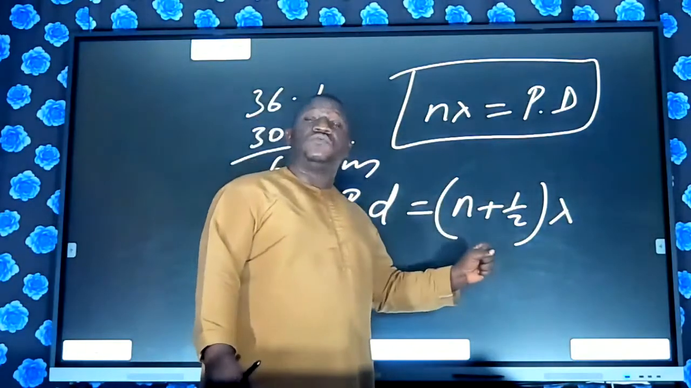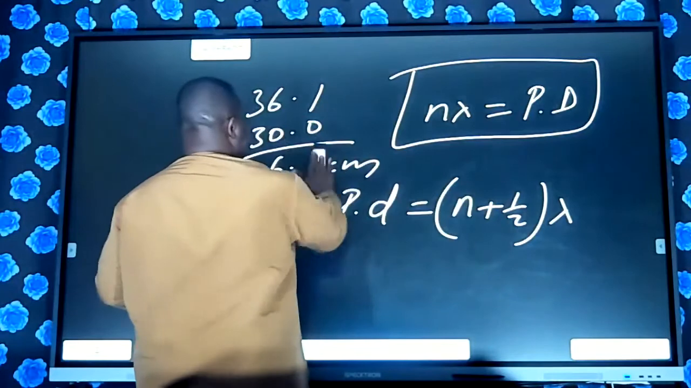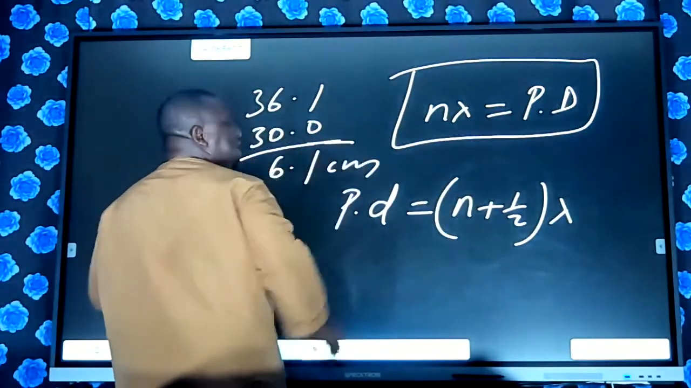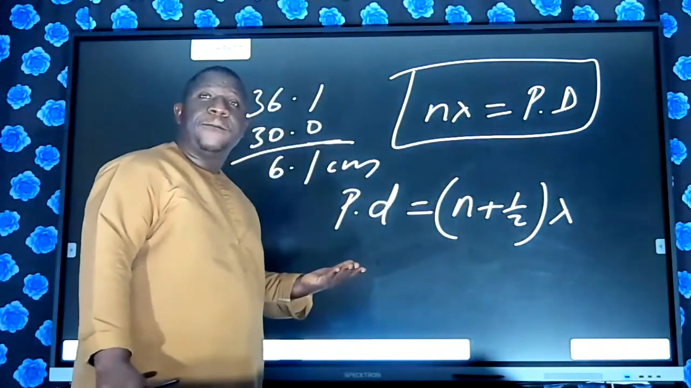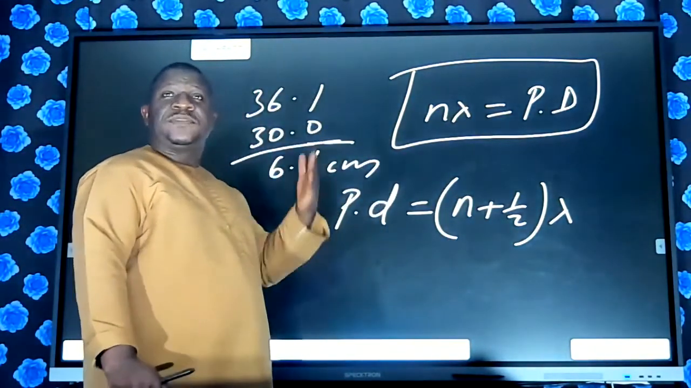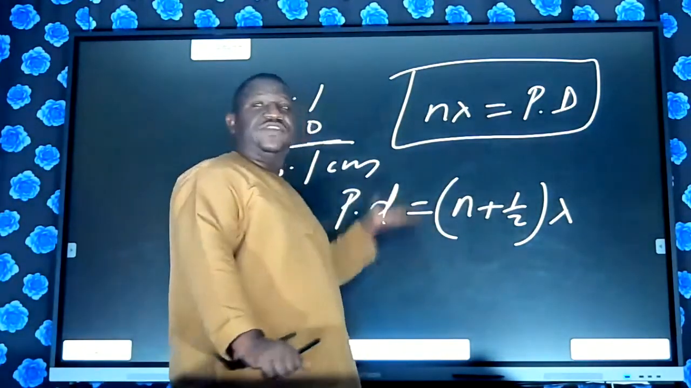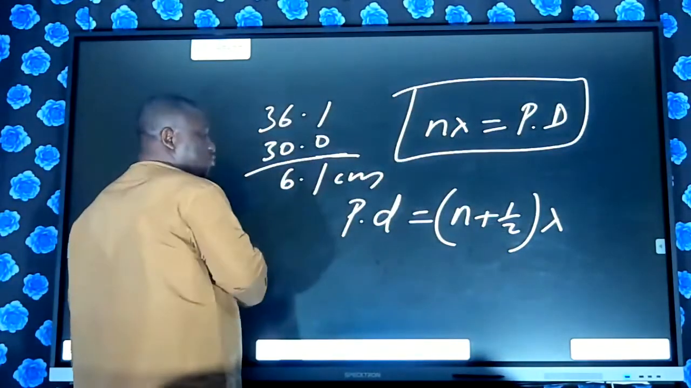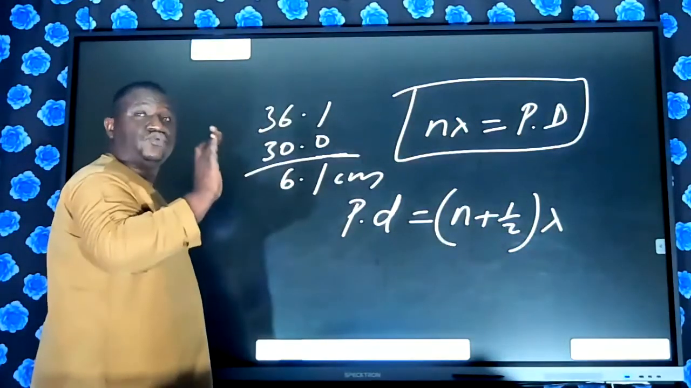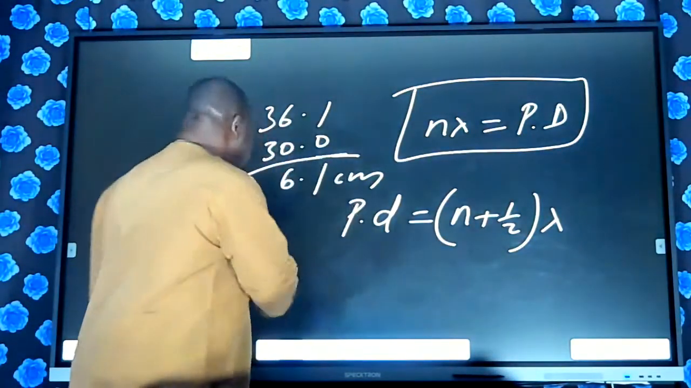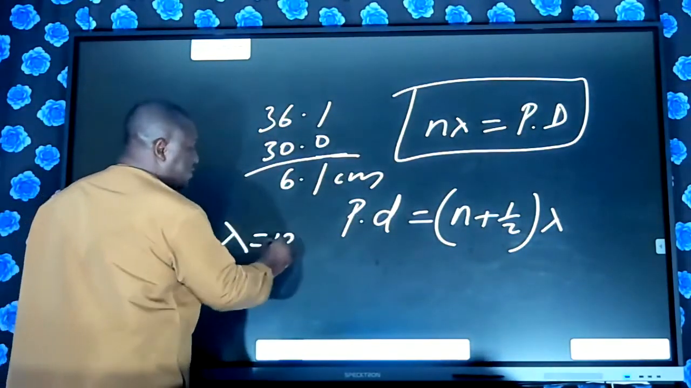So what you are calculating now, you already know the path difference to be 6.1 centimeter. You want to check this path difference if it's in line with these rules. So let us look at it. Don't forget, we got about 12.2 as our wavelength. So if lambda equals 12.2